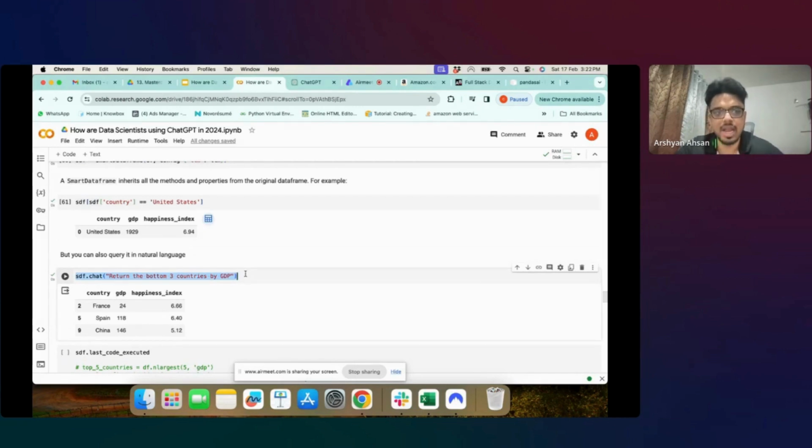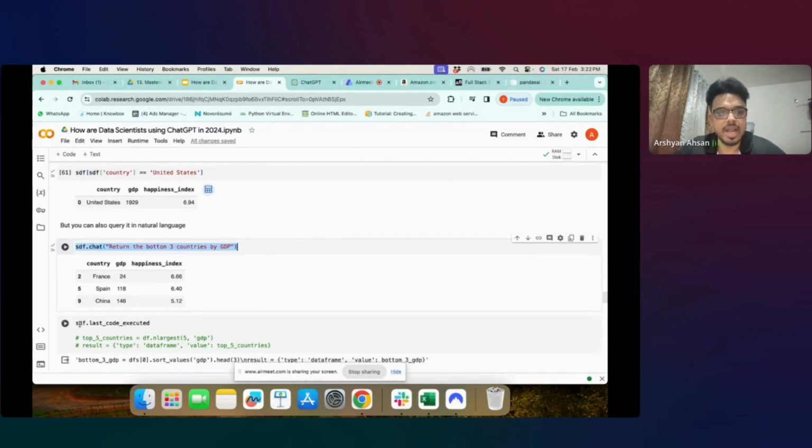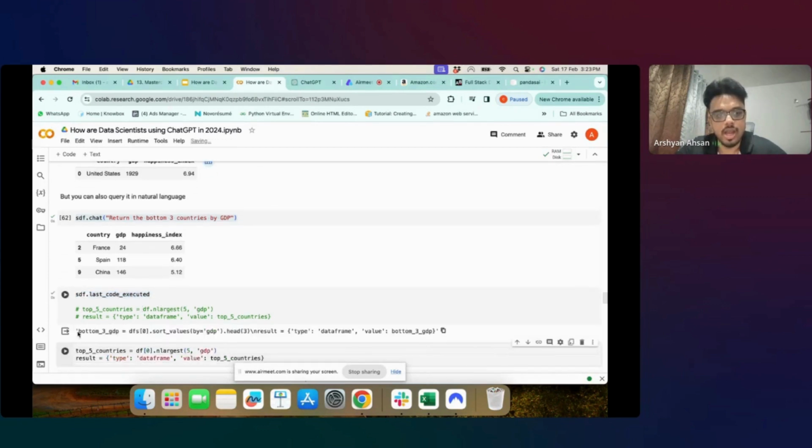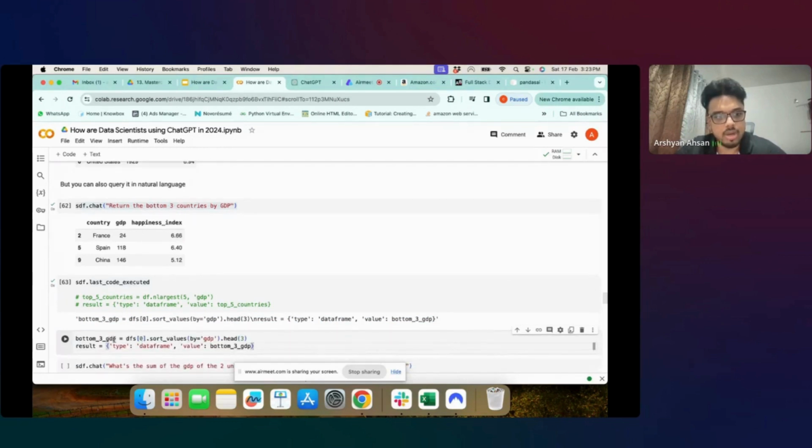और अब उसने मुझे ये काम कैसे किया, हाउ डिड इट एक्चुअली रिटर्न दिस, व्हाट वाज द कोड दैट इट रैन बिहाइंड दैट, वो भी मैं देख सकता हूं बाय टाइपिंग sdf.last_code_executed। सो last_code_executed इज अ मेथड दैट आई कैन यूज टू कॉल दिस। तो फिर मुझे यहाँ पे दिखा कि उसने क्या किया, दिस इज द कोड दैट इट हैज एग्जीक्यूटेड। तो इस कोड को भी मैं अगर यहाँ पे पेस्ट करूं, तो उसने बॉटम 3 जीडीपी को सॉर्ट किया, सेइंग sort_values by GDP .head(3), और उसको फिर एक रिजल्ट के अंदर डाल दिया। ठीक है, वेरी सिंपल, एंड देन इट प्रिंटेड दैट रिजल्ट फॉर मी।